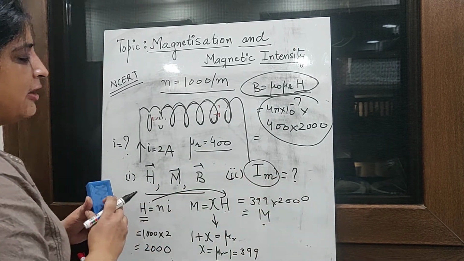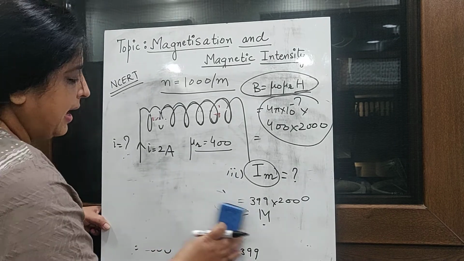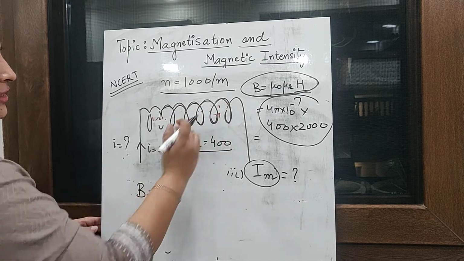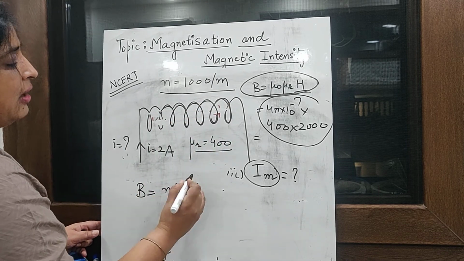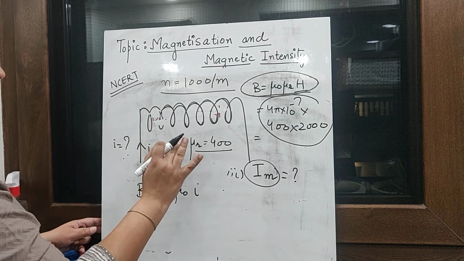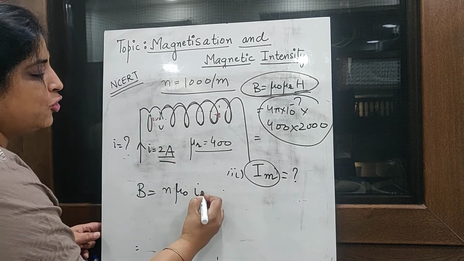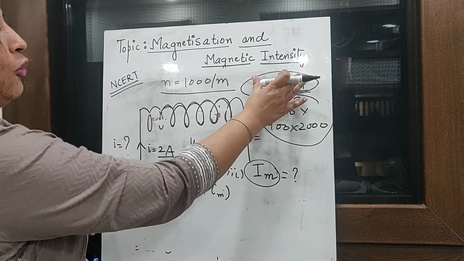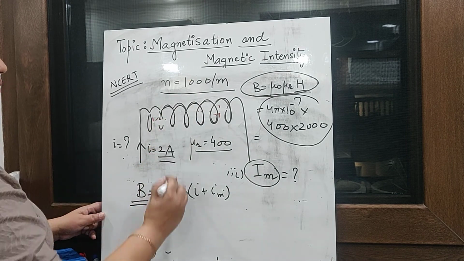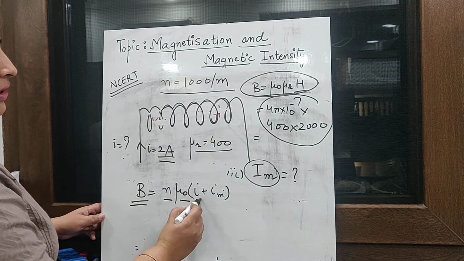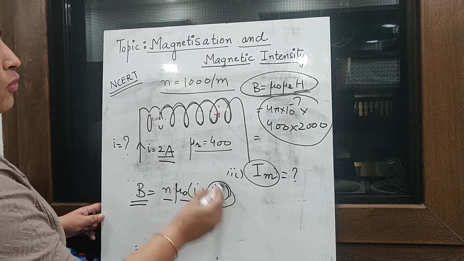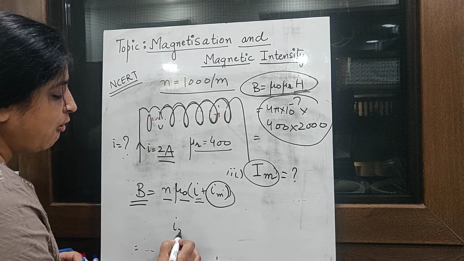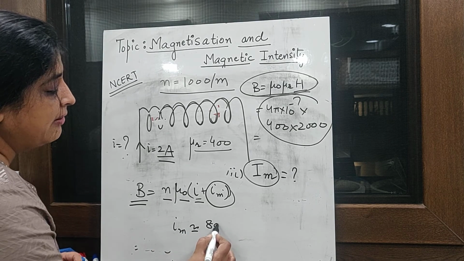That is I_M, current I_M, and you can write it like this. B initially in this situation is N mu naught I. Now I was 2 ampere, that was already flowing. You want to find out how much extra current should flow, so that is I_M. So you will substitute the value of B from here. N you already know, mu naught is 4 pi into 10 to the power minus 7. I is 2 ampere, and you are only left with the value I_M. And you will find that the value of I_M will be somewhere around 800.